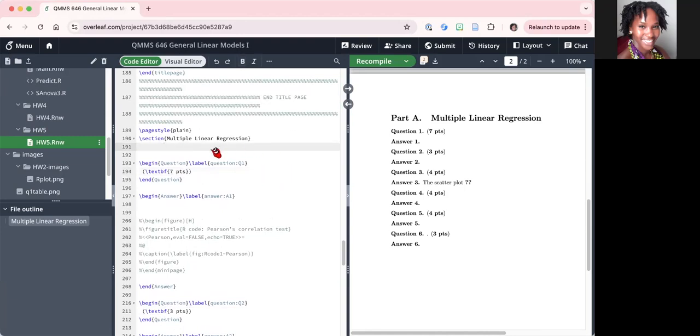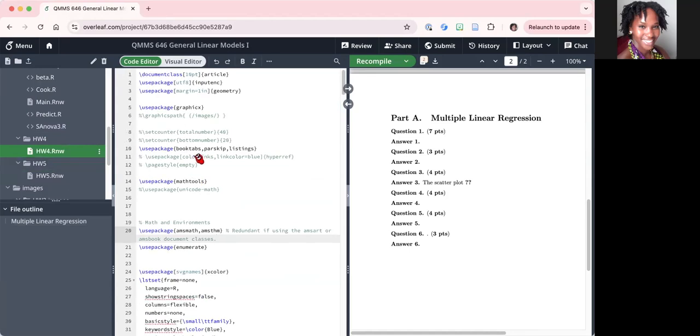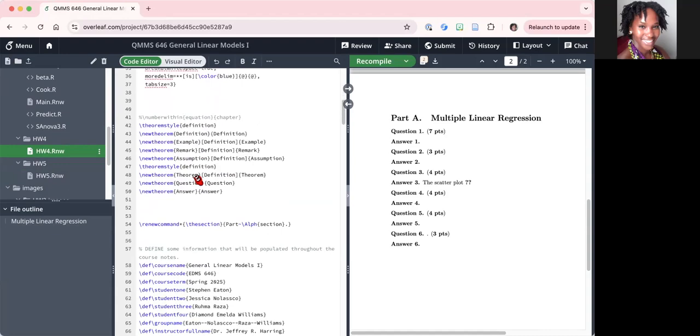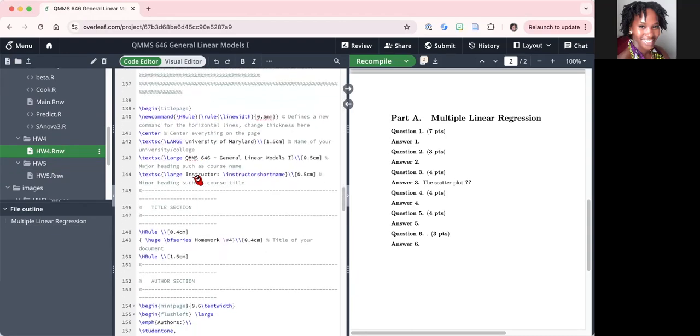So for our homework this time, part A is, again, multiple linear regression. So we don't need to change anything about that. But we do have some data. And so I'm copying straight from the PDF, but we can also copy from our Google Doc the text from the question. And let me go to the right file, actually. So go back to homework 4 and scroll down and find the section for